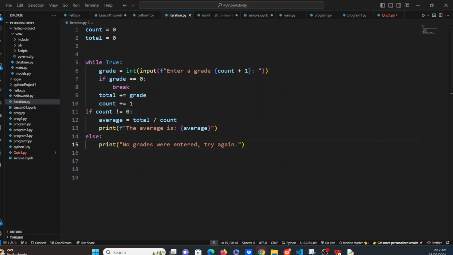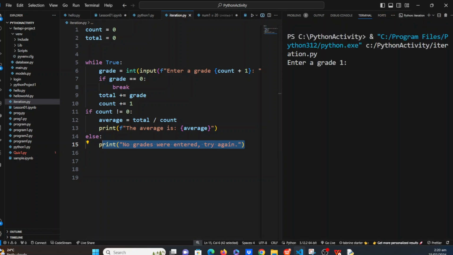There's something missing in the code. Okay, we will try to fix this code. As you can see, in this part of the code, when I enter 0, it ends the program right away and displays "no grades were entered." What I want to do